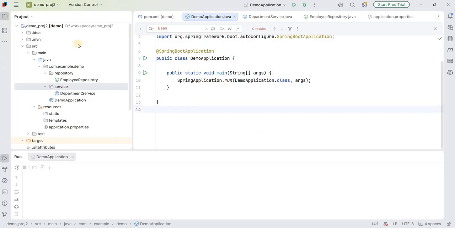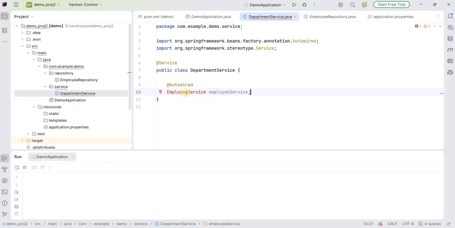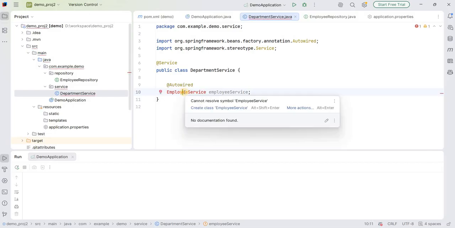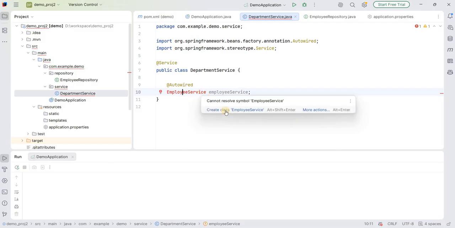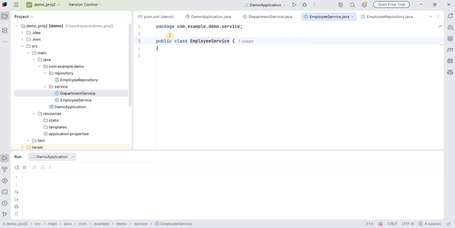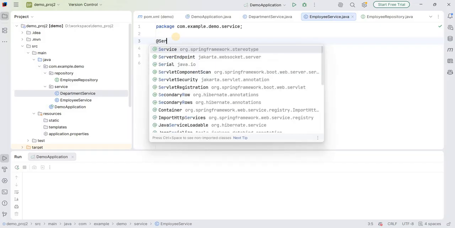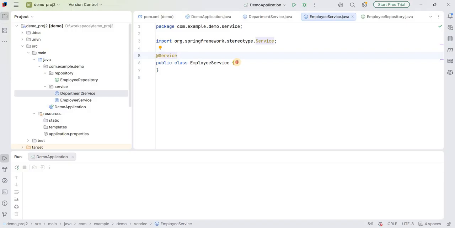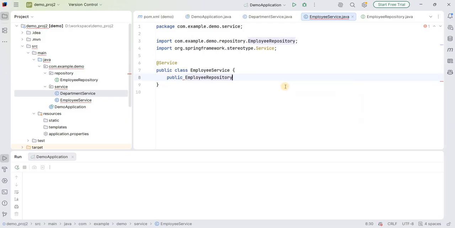Let us start. This is a demo Spring application, and here is a DepartmentService, right? Let me check what is happening in DepartmentService. Okay, here we have to define the EmployeeService, so let us create a class EmployeeService over here. Once we create the class, we have to annotate it with @Service, through which Spring will understand that this is a service class. And under this service, assume that we are using a public EmployeeService constructor,